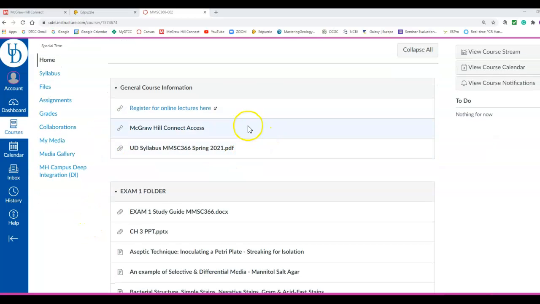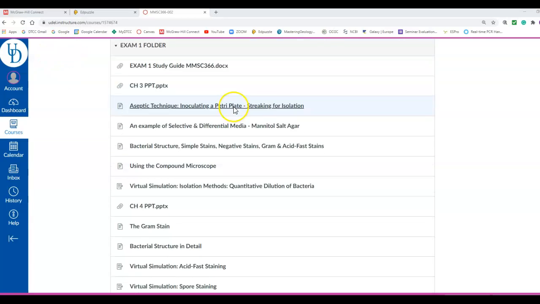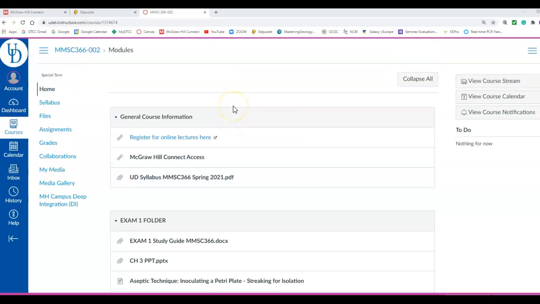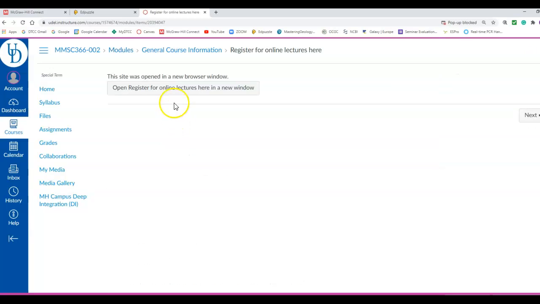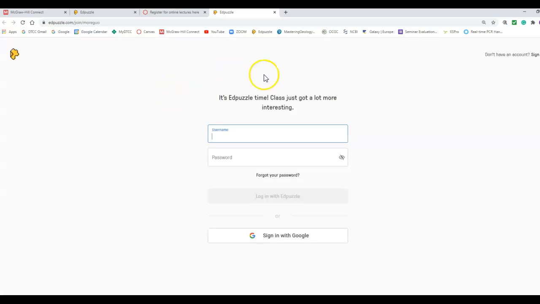The course is organized pretty straightforward. You pretty much go top to bottom, and so we're going to do the same thing. So the first thing you're going to do before we even look at the syllabus is you're going to register for online lectures. You're going to click this and you're going to get this thing called Edpuzzle, and you're going